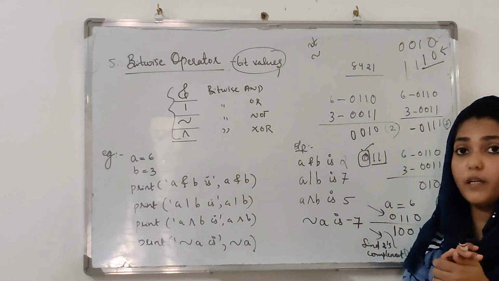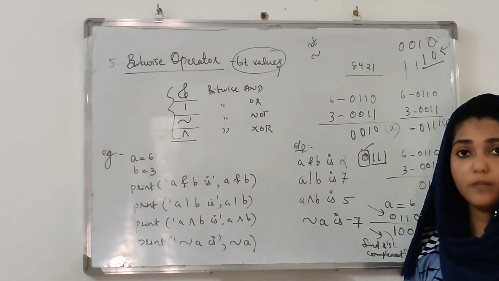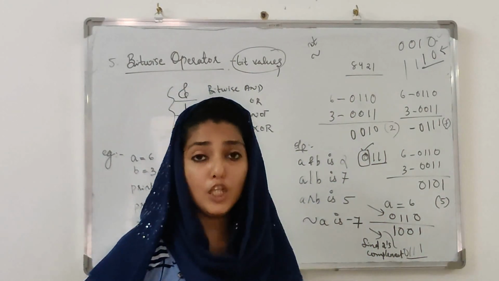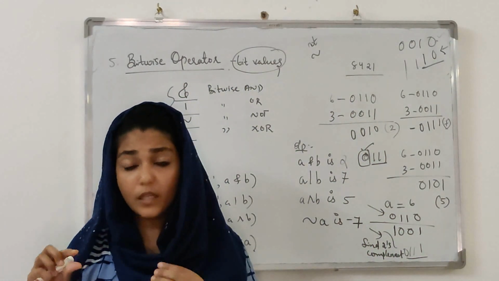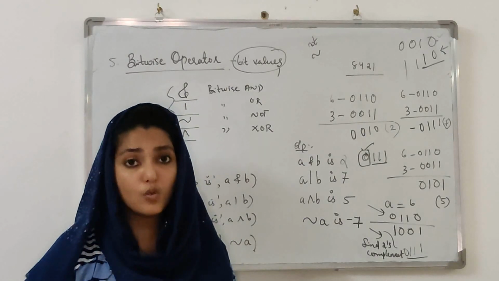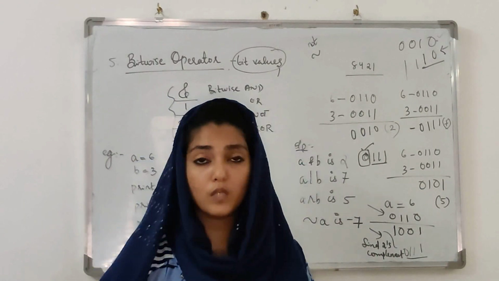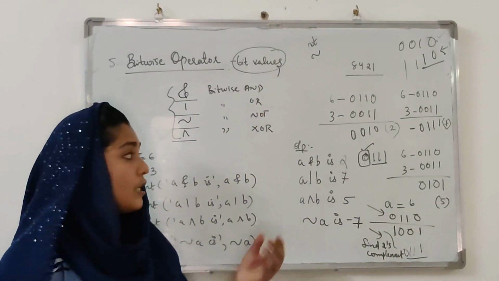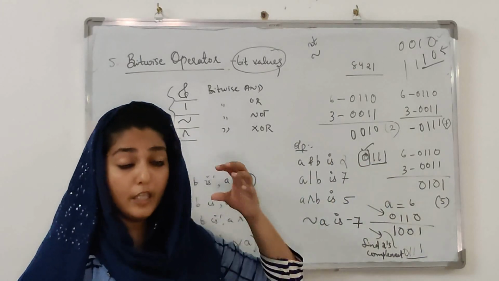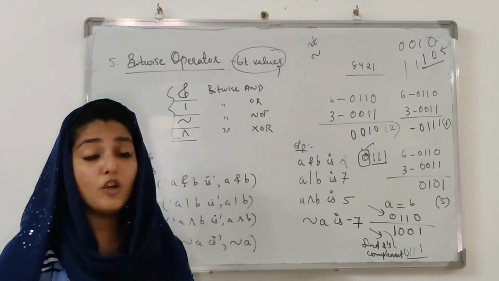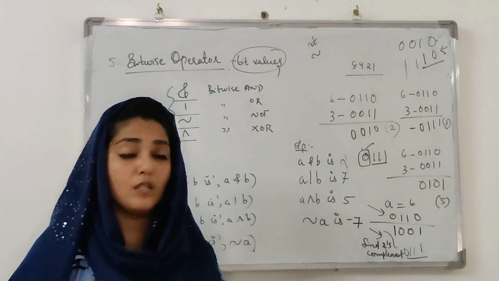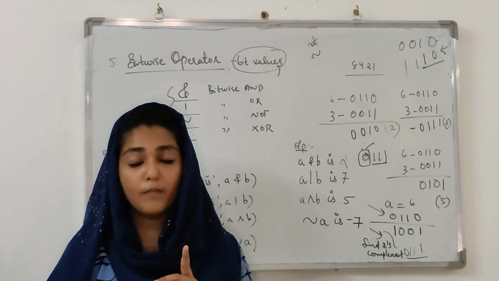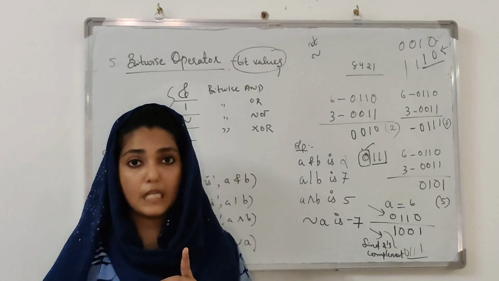What are the rules to find the bitwise NOT operation? First of all, find the binary of the given number, then complement each of the bits, then you will get an answer. Then find the 2's complement of that answer. How can we find the 2's complement? Copy up to the first one and then complement the remaining bits. Then you will get our final answer. In your final answer, the first bit always denotes the sign of the answer. So if the first bit is 1, it means it is a positive number. If it is 0, it means it is a negative number.